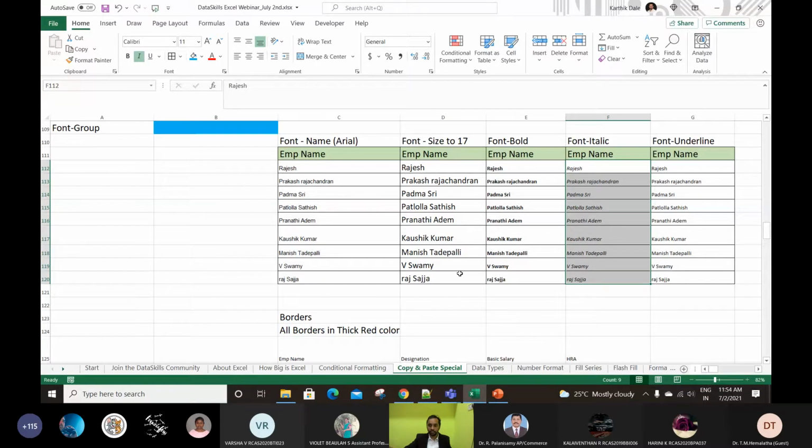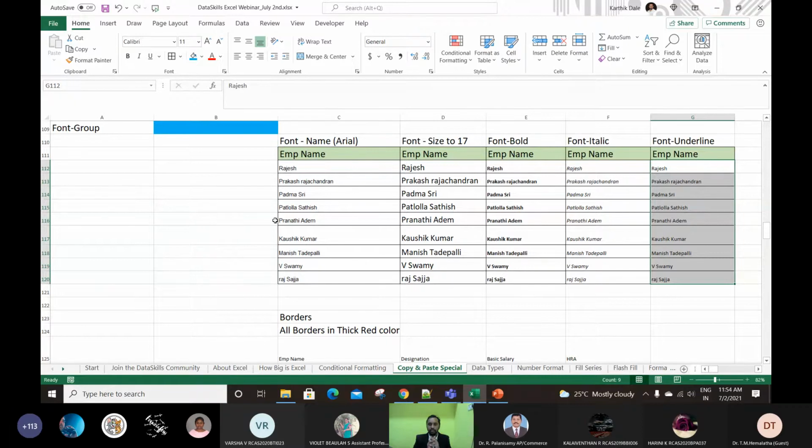So for example, I need to apply the underline to these cells. For these cells, I want to make it underline. Actually, I would need to click on this so that it will apply the underline. I know that this underline is sitting in the home ribbon. If you know this much, it is enough. Then